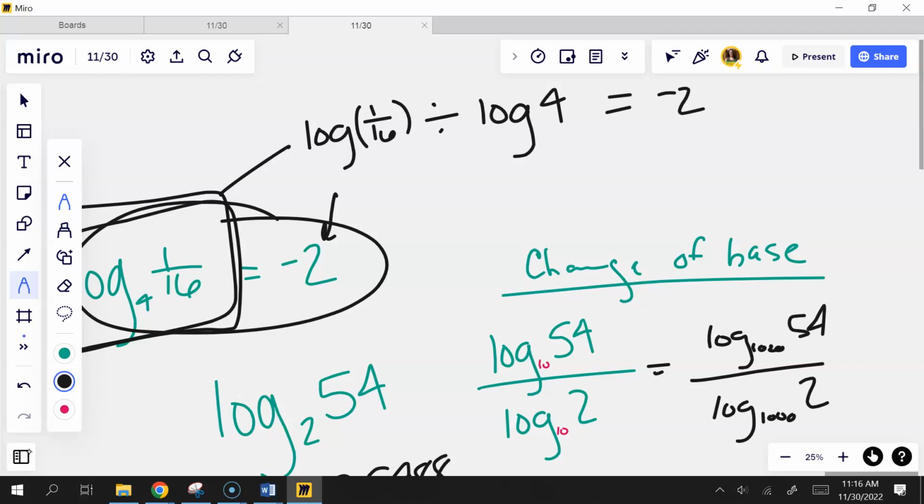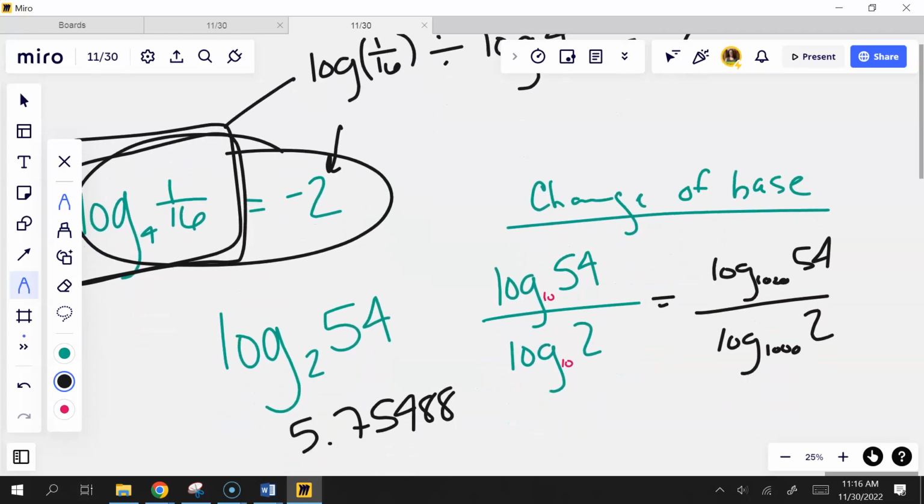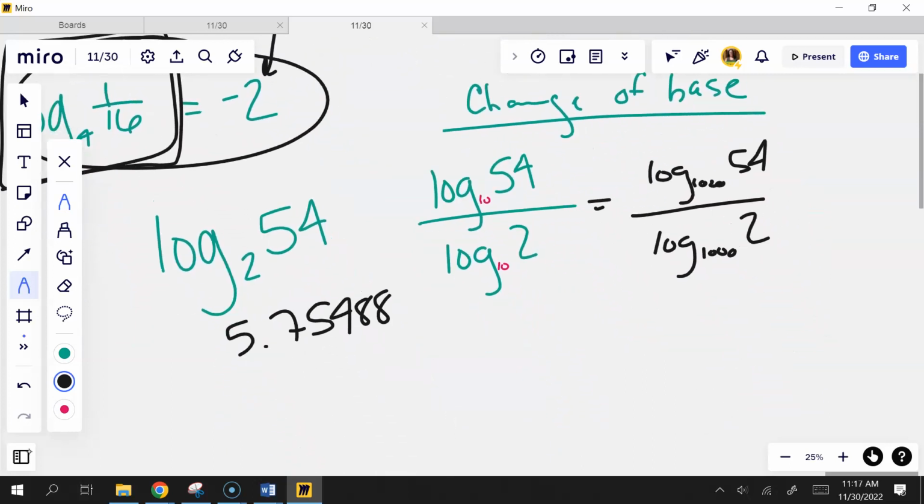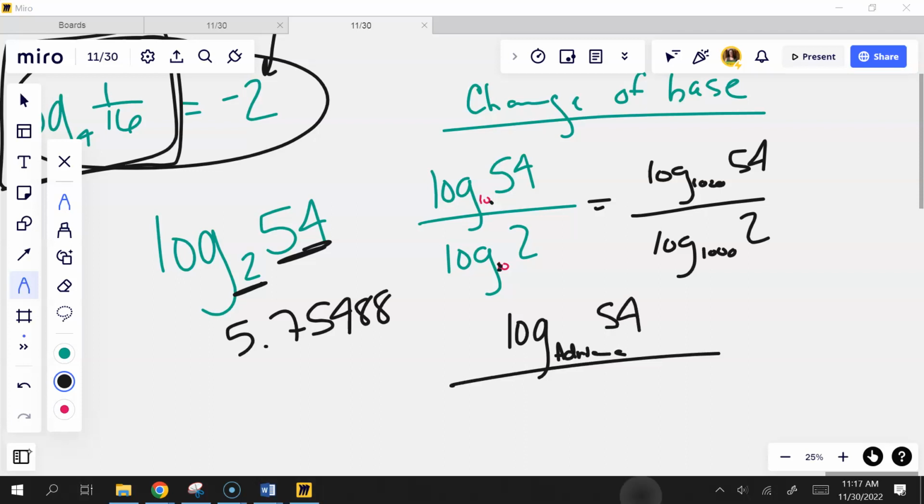You don't need to know this. Yeah, you do. Put it in your calculator. I'm telling you, you could make that base anything in the world, and as long as you do this one on top and this one on the bottom, and these are the same, I could have a base of, I don't know, Adriana: log base Adriana of 54 divided by log base Adriana of 2. Anyway, what I'm saying is it doesn't matter what the base is as long as it's the same. All right. I know that was a quick